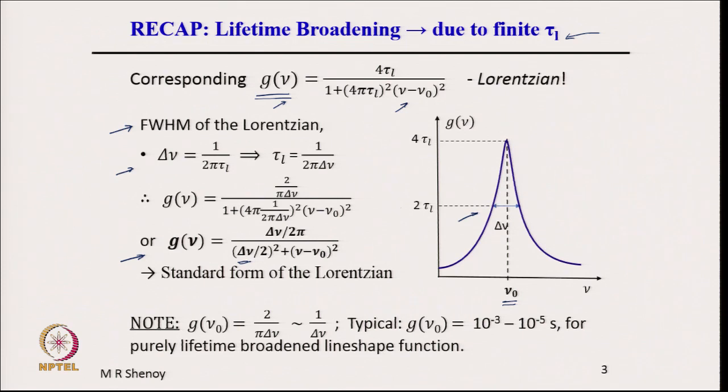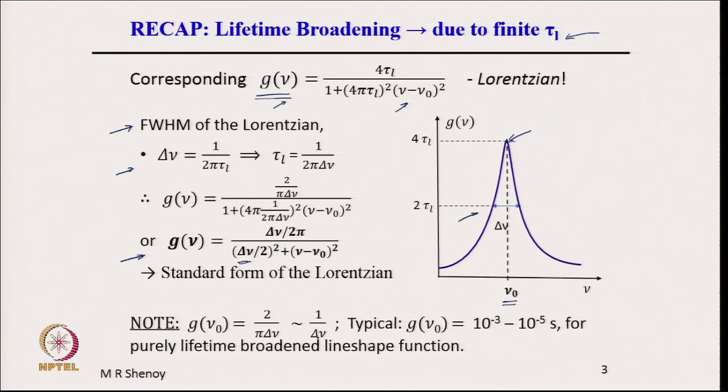And an important point that can be noted is g of nu 0, that is when nu is equal to nu 0, the second term is 0 and we have g of nu 0 is equal to 2 by pi into delta nu. 2 by pi is approximately 0.64 and therefore, it is of the order of 1 by delta nu. That is the peak response, g of nu 0, is 1 by the FWHM of the resonance. So, narrower the resonance, higher will be the value of g of nu 0,